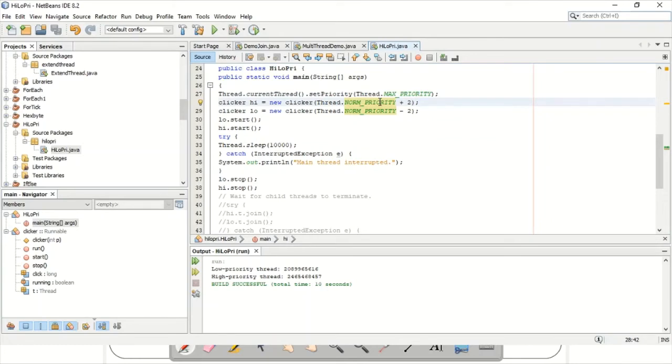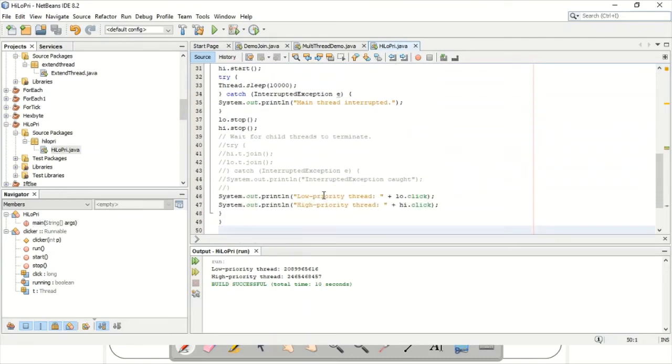Then I gave the start, but it may be waiting for the processor and may not be running. Once the main thread goes to sleep, these may get the processor, so they start hitting the processor. The click will automatically get incremented, and finally when I want to terminate both threads, I just gave low.stop and high.stop, so it stops the thread working, and I printed how many times each has hit the processor.